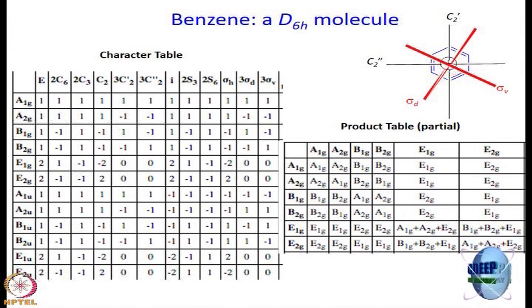Because it is the same, right? No matter whether you turn clockwise or anti-clockwise, you get back the same configuration. So, C2, there is only one, but then there are two more kinds of C2s, C2 dash and C2 double dash. Where are they? They are perpendicular to the C2 axis, alright. What is C2 dash? C2 dash is a C2 axis that goes through opposite atoms, and C2 double dash is a C2 axis that goes through the center of a bond.